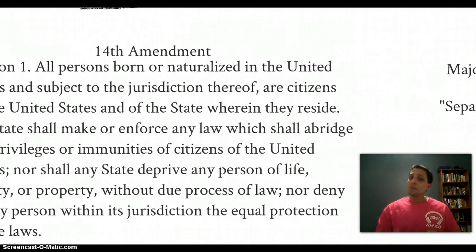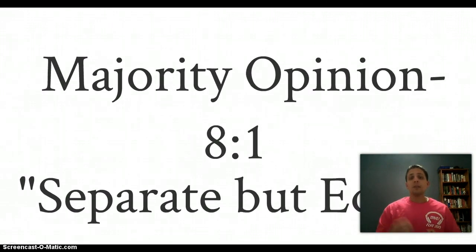The Supreme Court doesn't exactly see it that way. What ends up happening here when he makes it all the way to the Supreme Court with his case, the majority opinion, of the 9 Supreme Court justices, it's going to be 8-1. They're going to rule against Homer Plessy. And their basis is going to be the basis for segregation in the South for the next 60 to 70 years. And it's going to be separate but equal.